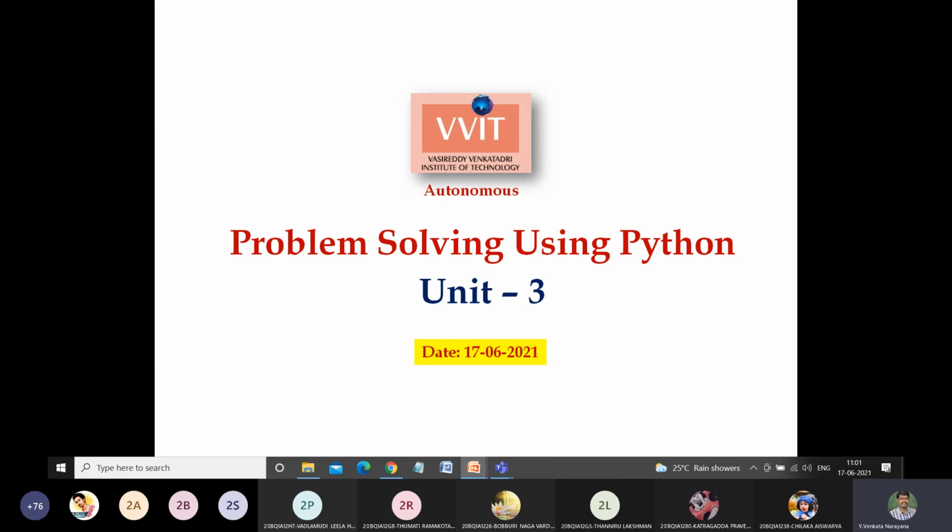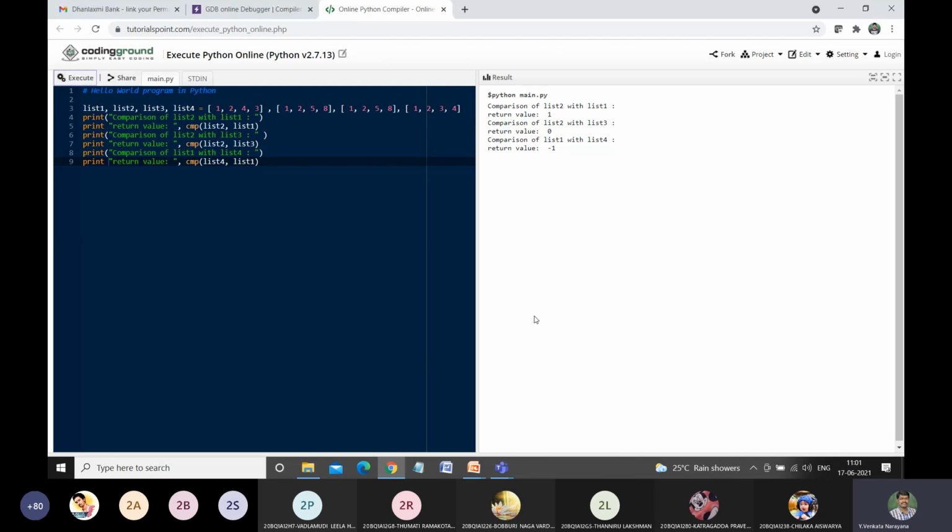So I will try to explain it now by using the online compiler. There is a Python 2.7. Let us look at that particular execution, and then we'll go for the rest. Yesterday, I think this is the example that I explained. Are you able to view my screen, students? Yes, sir.